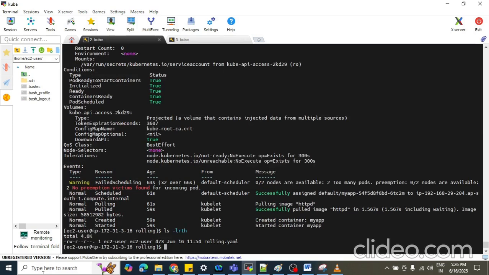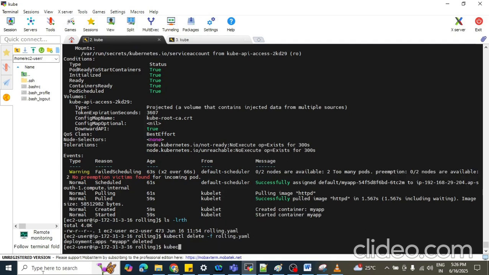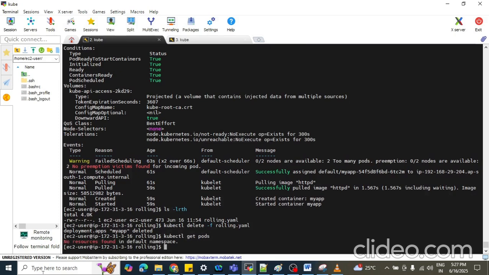Let me delete it: kubectl delete -f, then kubectl get pods.